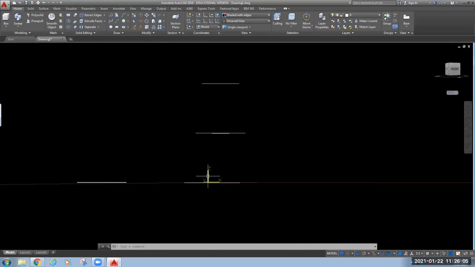Different plane means different z value. So this circle is at z equals 10, and this is your hexagon, this is at z equals 20.